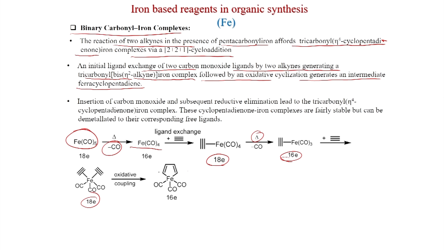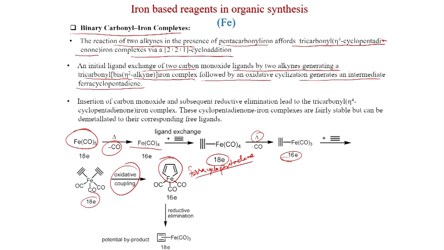So, this forms, the oxidative coupling happens, and you get this ferrocyclopentadiene. So, you can see cyclopentadiene with iron. So, that is called ferrocyclopentadiene, and 3 carbon monoxide are there, and this, after reductive elimination, gives this cyclobutadiene FeCO3 complex, that is a potential byproduct, and the major thing that happens is that another carbon monoxide comes and you get this 18 electron,